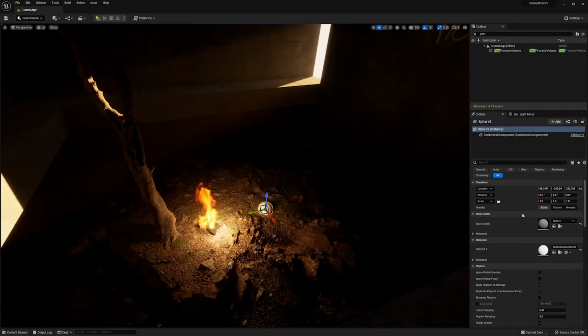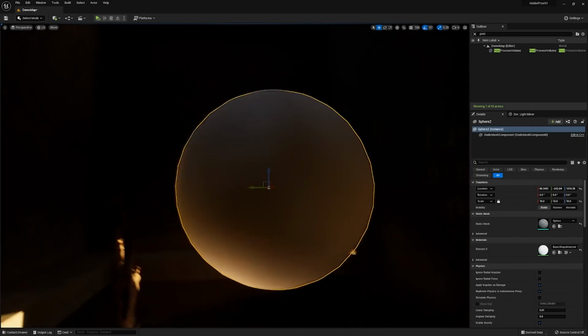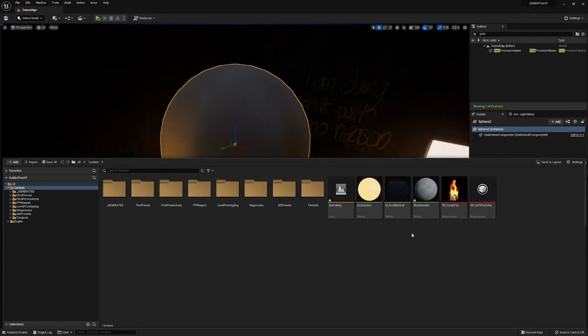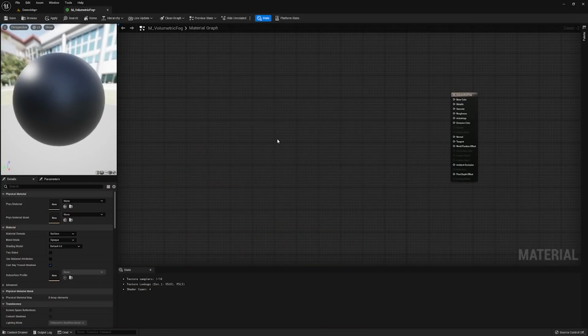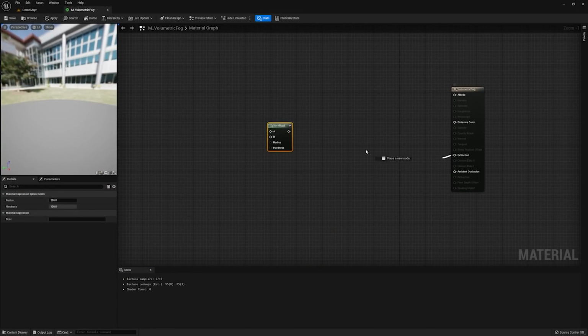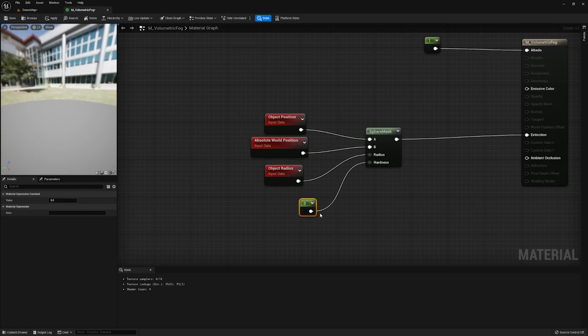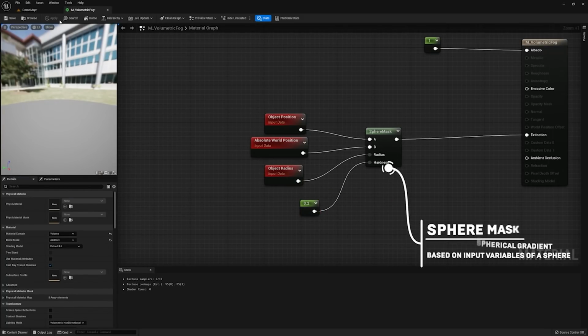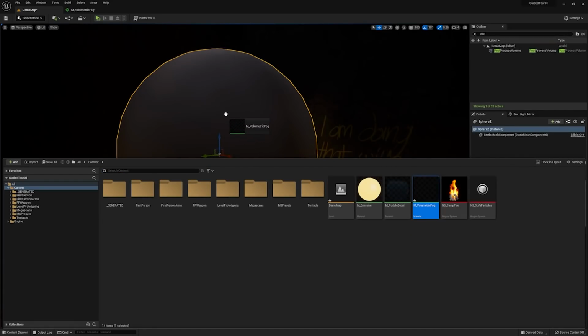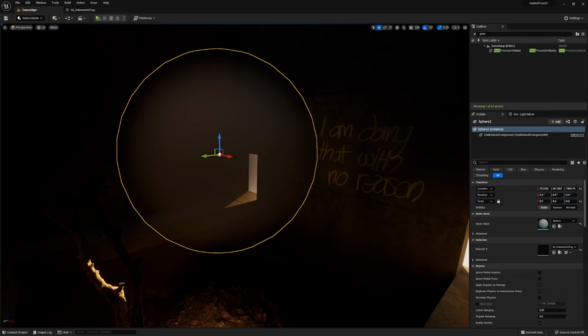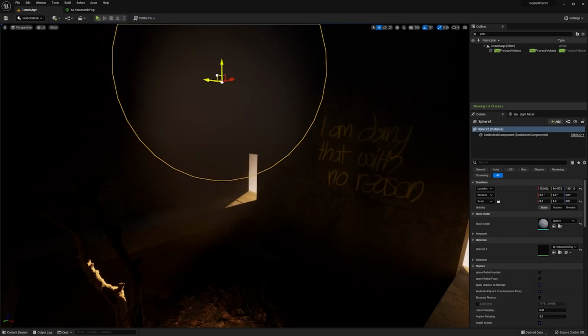To get this started, I'm going to need to add a sphere to the scene, which we're going to apply a material to. Now, in UE5, you can create materials that exist in the volume domain, which allows you to inject them into the volumetric fog pass. So here I'm going to go ahead and create a clean spherical falloff and set that as the extinction on a material. I've also gone ahead and set the albedo to a value of 1, which means we'll have white fog coming in. Now, when this has been compiled and applied to a material, it actually creates a volumetric fog mesh. It's cool, right? Like, it really adds something to the scene.